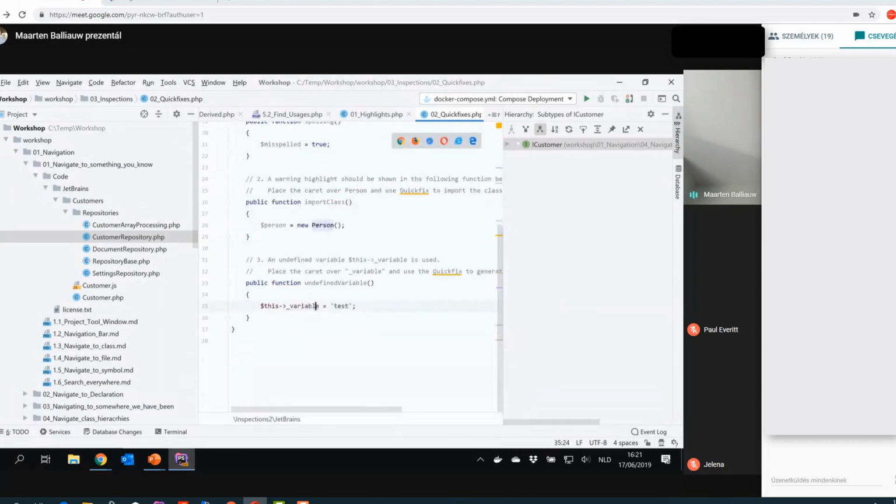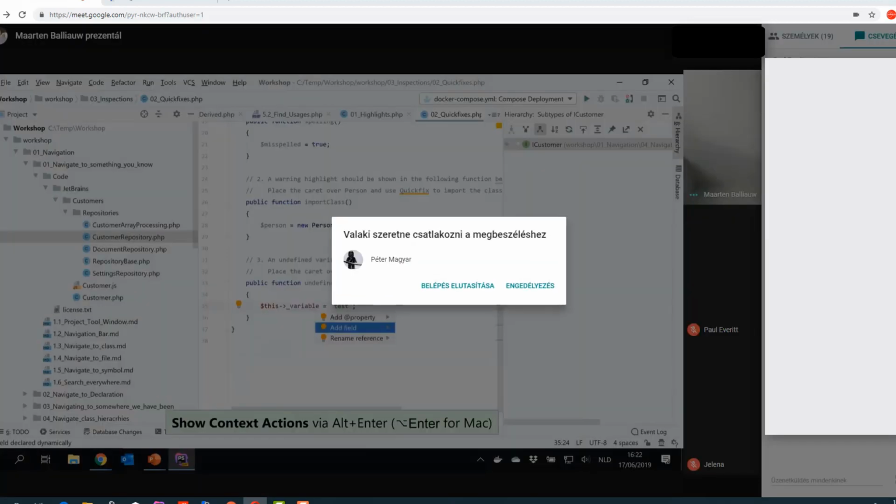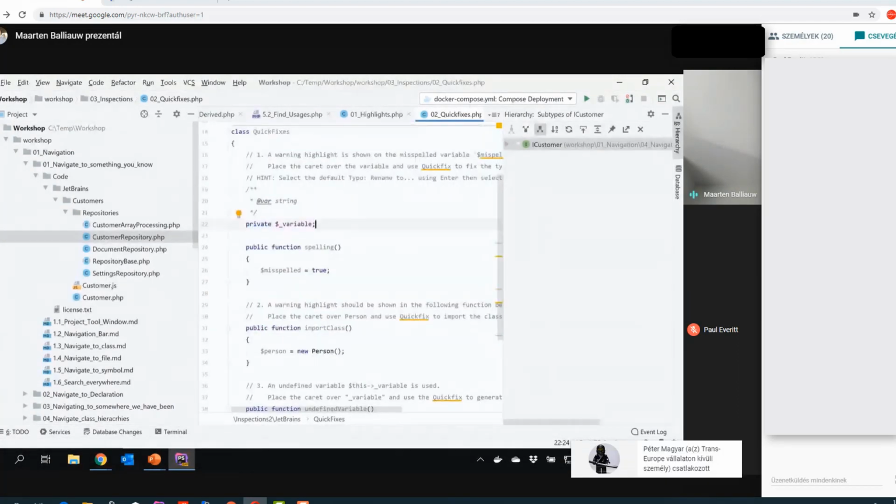There's a lot of other ones. For example, this one, this is an undefined variable on my current class. So what I can do is either Alt-Enter and say add field, because if we intended to use this variable, maybe we want to actually add a field to our class, and we can do that, and you will see that by now we have this variable and automatically our code will compile, it will run properly, and so on. So that's really easy to quickly fix some issues that you may have in your code.